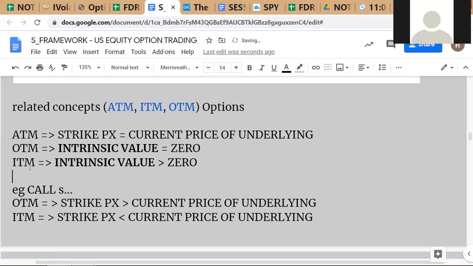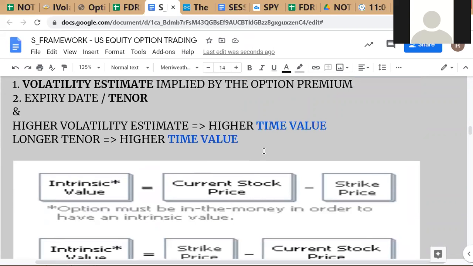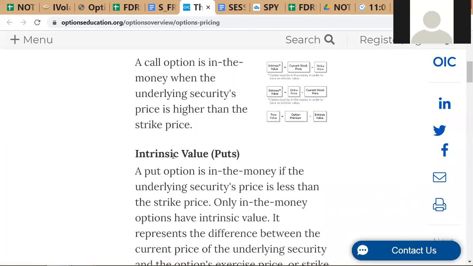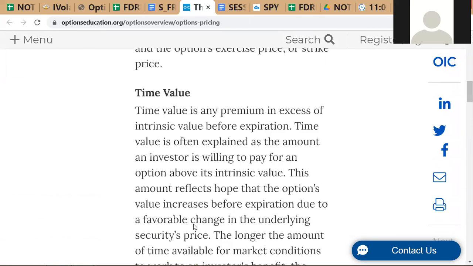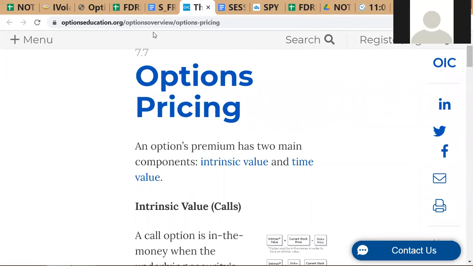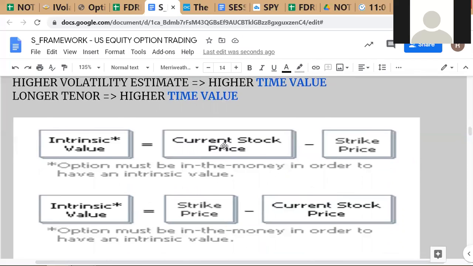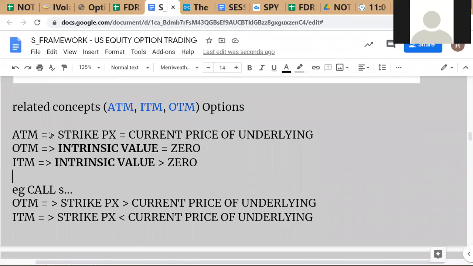Right? ITM is in the money, OTM is out of the money. That you can see from the notes here. When you read this, you'll see in the money, out of the money, etc. They've explained these terms. You can read them here, but you can understand it here as well. So OTM is out of the money, ATM is at the money, and ITM is in the money. The logic for this: ATM strike price is equal to current price of underlying. These are general definitions, apply to both calls and puts.